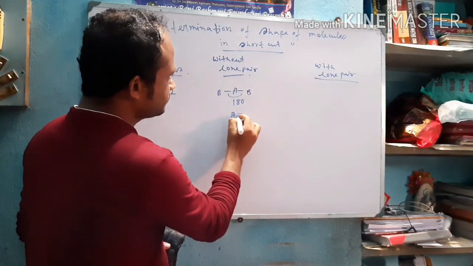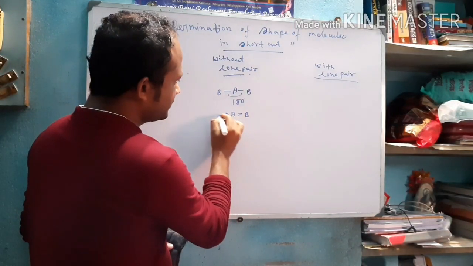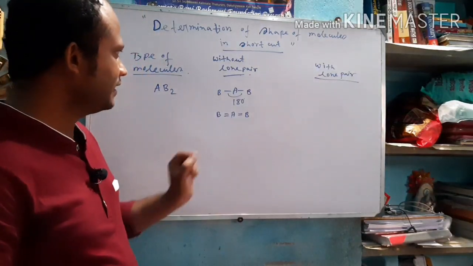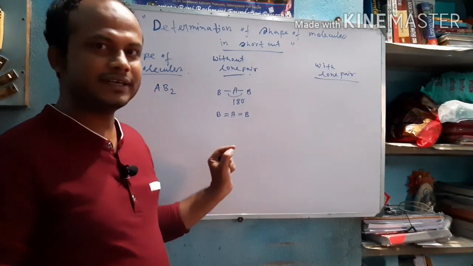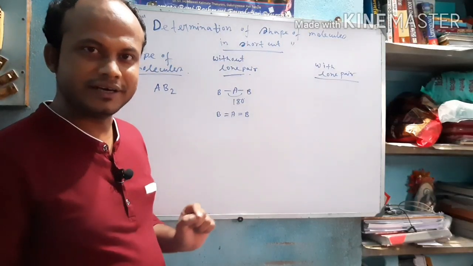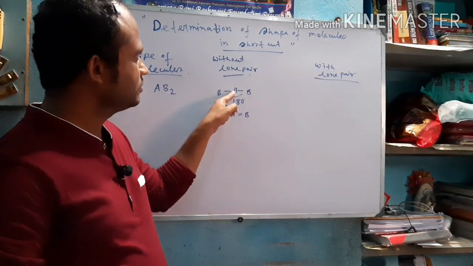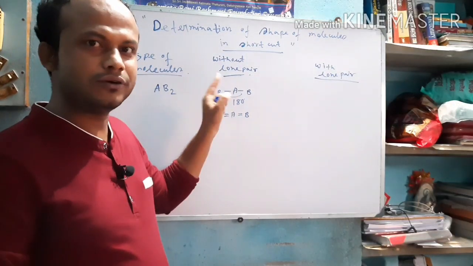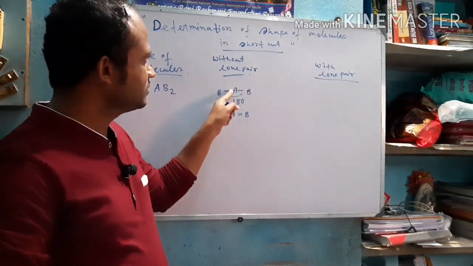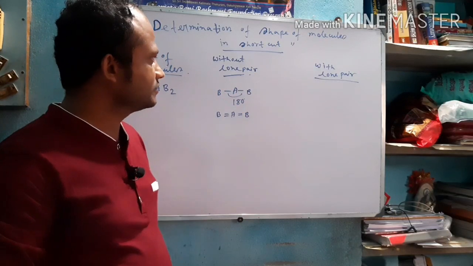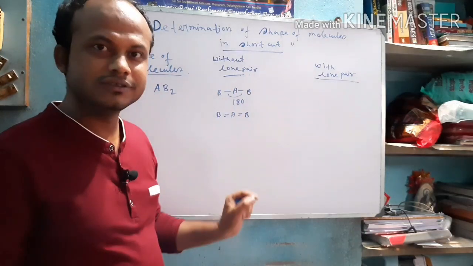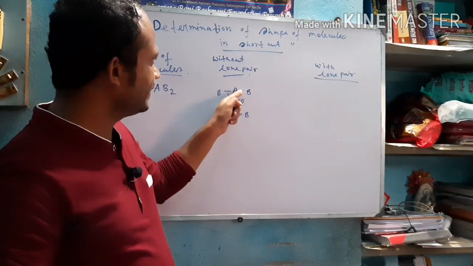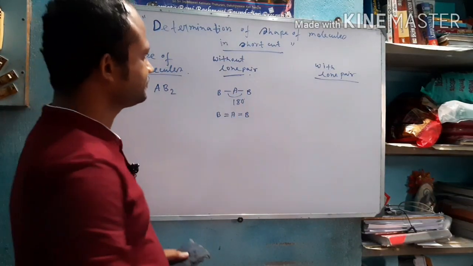When it is a double bond, then also it is linear. Now you have to understand the last shell electron number. In this structure, without a lone pair, the last shell electron number of A is only 2, because here 1 electron and 1 electron. There is no lone pair, so the total number of valence electrons is 2. Here the B atom and the B atom.